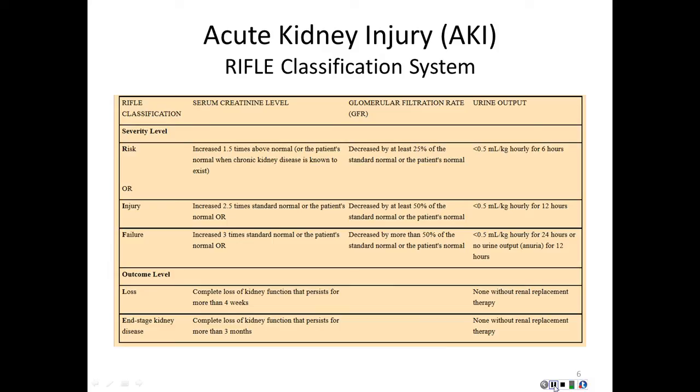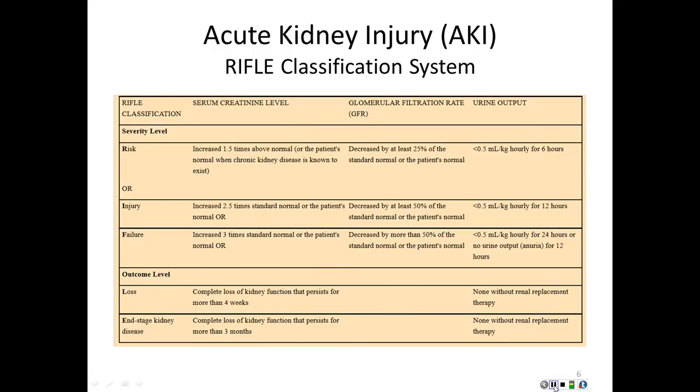The other thing we see is that these patients are at risk for developing problems with a decrease by at least 25% of the patient's normal glomerular filtration rate. Again, you can get that in the lab values as you look at your labs, but that's something you'll be looking at on a daily basis. Then you're going to be looking at their urine output. If this patient has had a urine output of less than 0.5 milliliters per kilogram hourly for 6 hours, then that's a notification to you as a nurse, hey, something's going on.